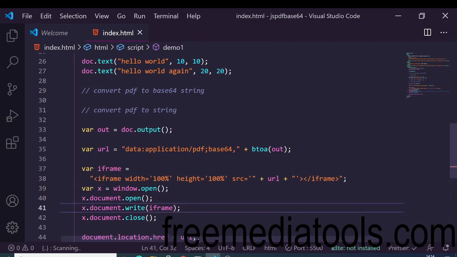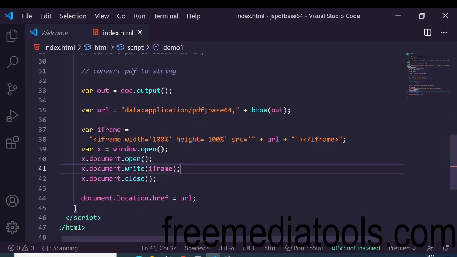We are initializing the width and height to 100%, and inside the source value we are passing this base64 URL. Whenever the person clicks the hyperlink, it will open this PDF inside this iframe. Next we are opening a new window, passing this iframe inside this window and then closing it. And lastly we are attaching this URL to document.location.href.